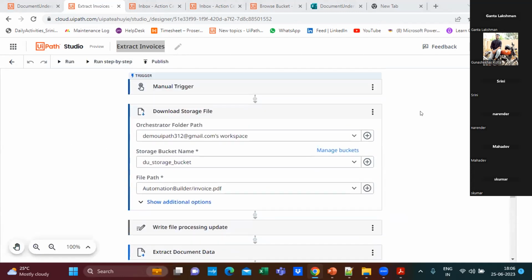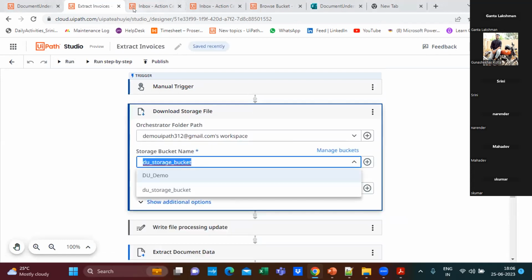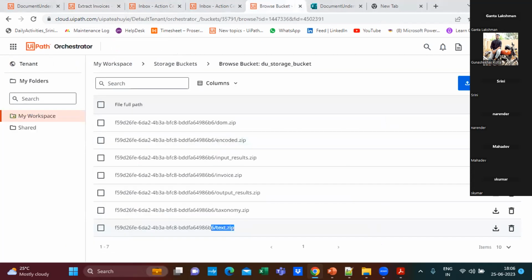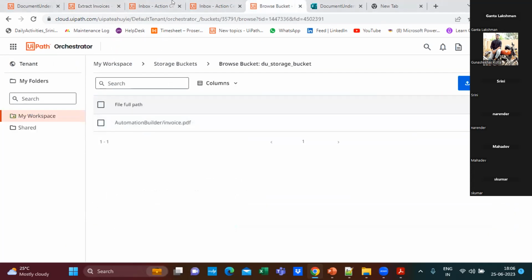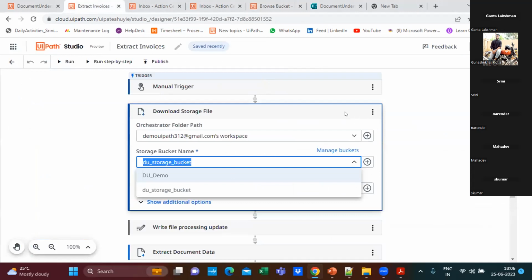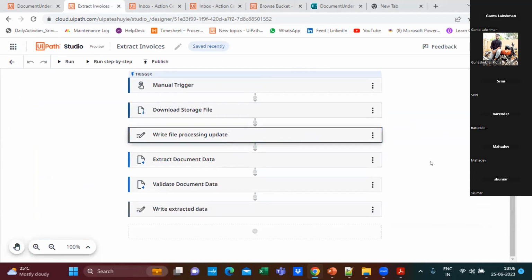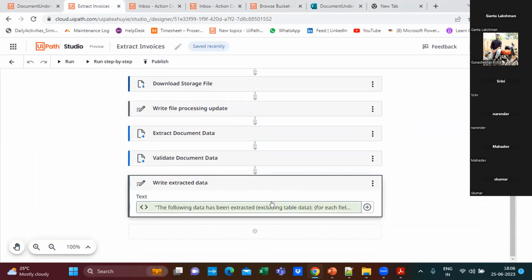Okay. See here, it auto-identified the bucket. It also auto-validated the bucket over here. Previously we saw the bucket having some files, right? These files will be removed once your task is completed in the previous workflow. But in this workflow, everything is set up for you, and the only thing you need to do is see the extracted data from the output panel,